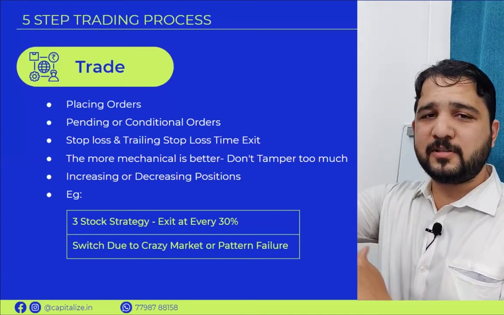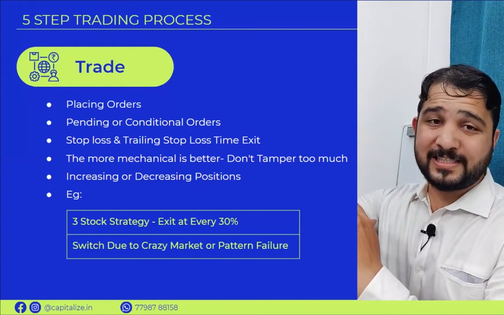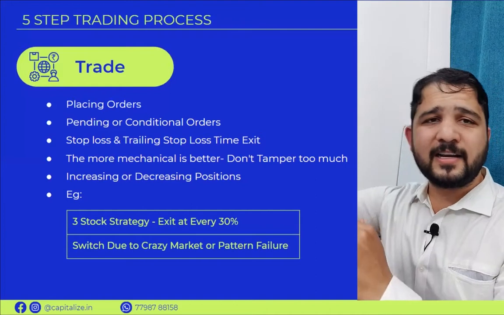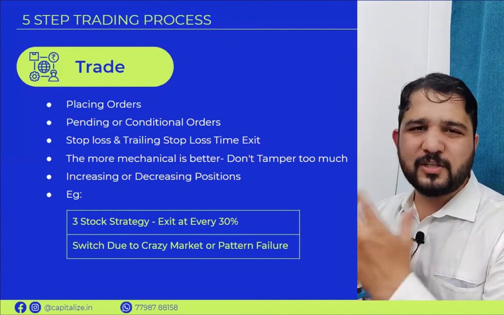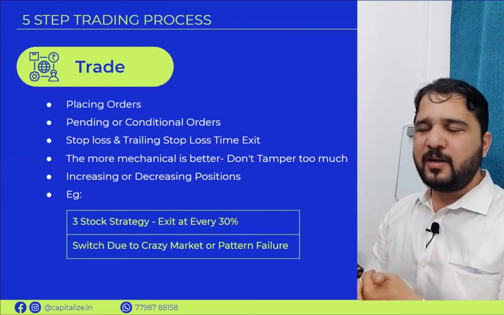Okay, so 30% target hit, sell 1 stock. At 60 or 50% above, I'll sell the second stock, and then on the final target, I can sell the last one. So this way, I'm capturing some kind of profits all the time, although this requires a little more trade management,